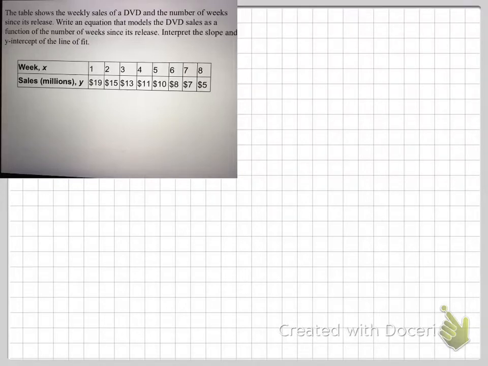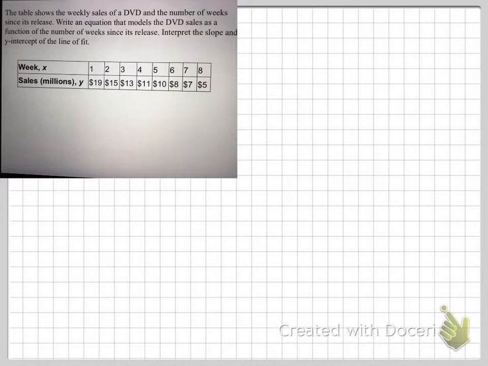All right, today we're going to work on the line of best fit. This is section 4.4, and we're going to focus on the purpose for this standard, which was to interpret the parameters of a linear function in terms of the context. So we're going to take this piece of data that discusses sales of DVDs through time periods,